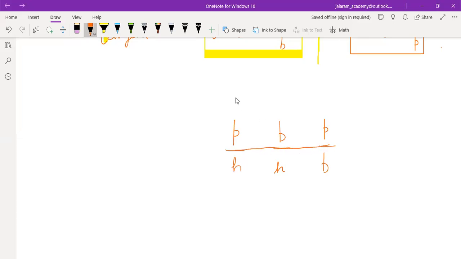So we can also learn them by a rhyming phrase. Pandit Badri Prasad